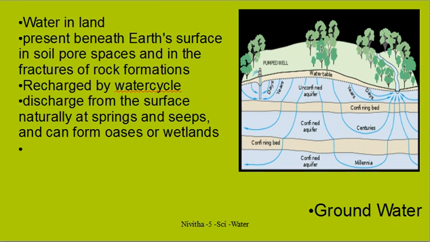Water is dug out by digging a deep well. Water on its own gets collected in the pores and spaces and remains on the ground. It is recharged by the water cycle. What you see here is a picture of how the water comes into the soil from the rain and from other places. What we call this is a confined aquifer or unconfined aquifer. It is closed or open, that is confined or unconfined, and then there are beds of solid soil and rock that confine the water in between, and the water is collected there for centuries and millennia. A century is 100 years, millennia is thousands of years.